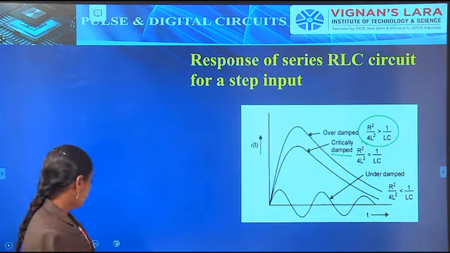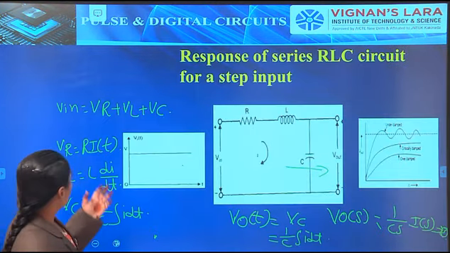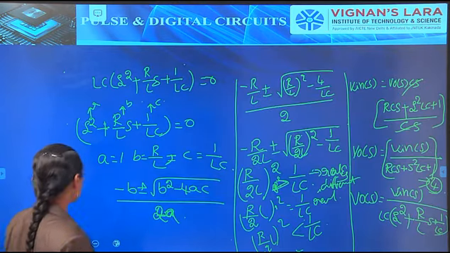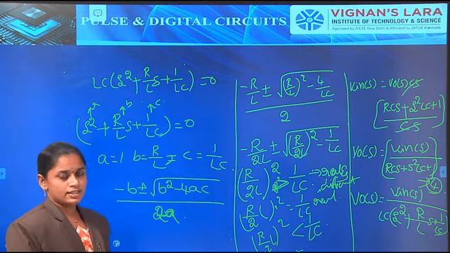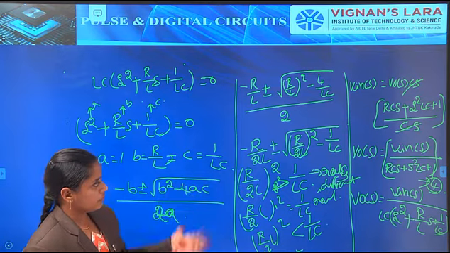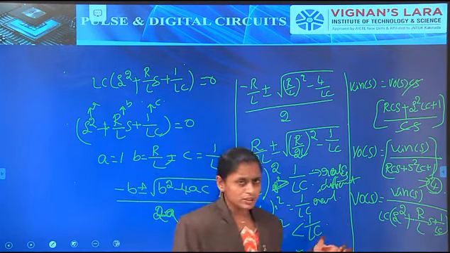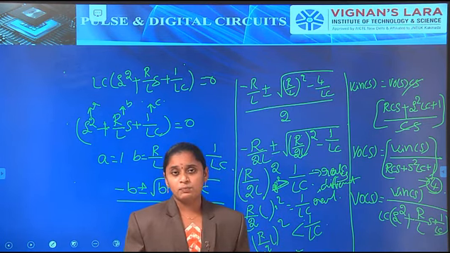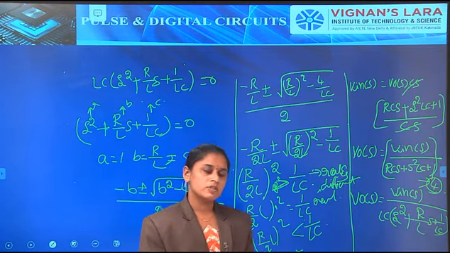So this is okay, but we have to find which value. From this equation we get V₀(s) and some values, and we have to substitute the values in V₀(s). So what is V₀(s)? Up to this we have solved a simple example, but at a step input, what is the condition? We did not observe the condition before, but here we have to observe the step input.